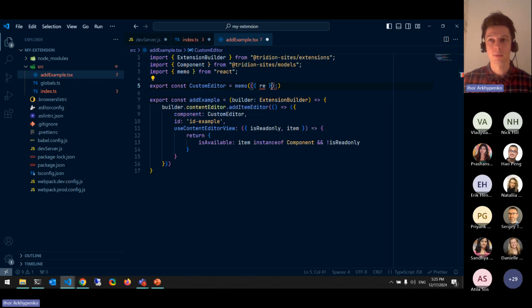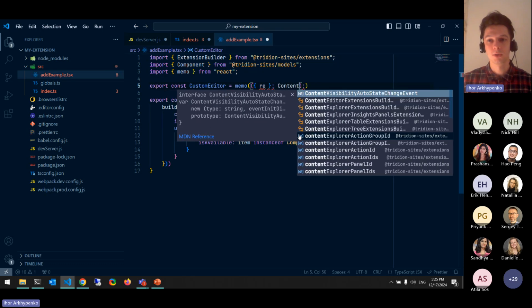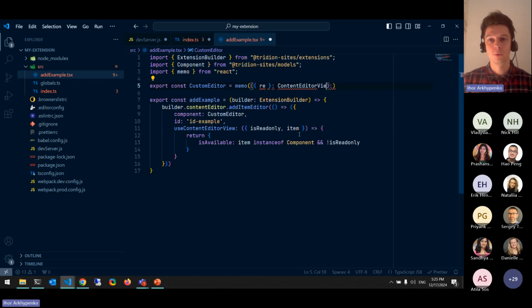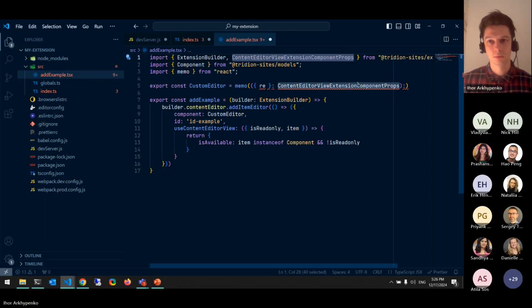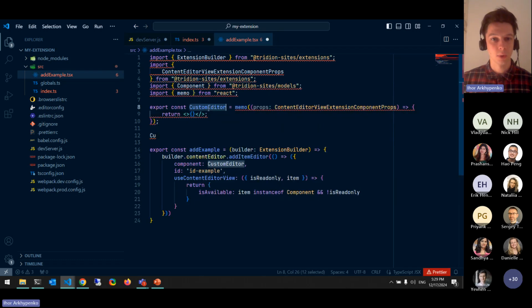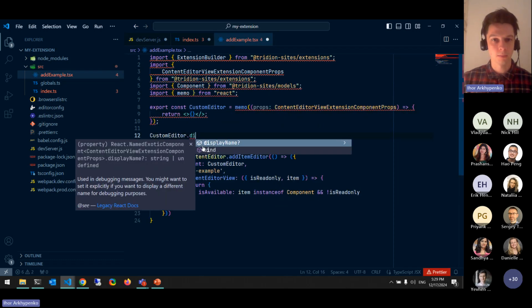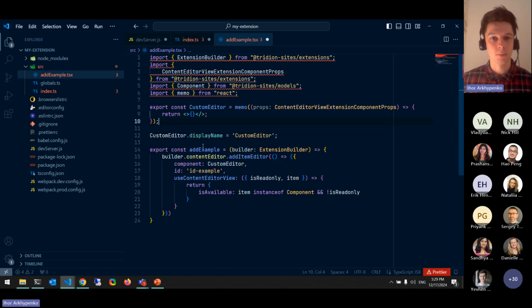I'm going to define the type right here. It is a content editor view extension, I think. Let me verify that. Yeah, so it's content editor view extension component props, and it is being exported from our extensions right here of Mimo. So I'm going to add a custom editor, a display name to be displayed correctly in the DOM